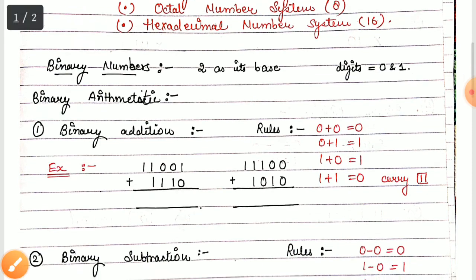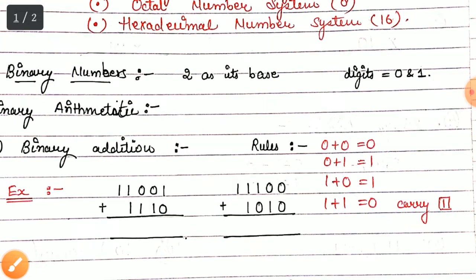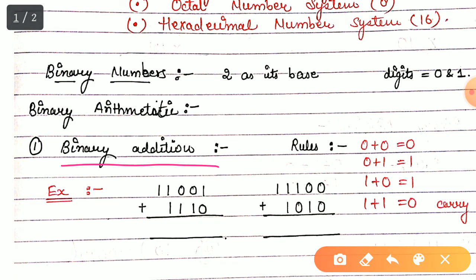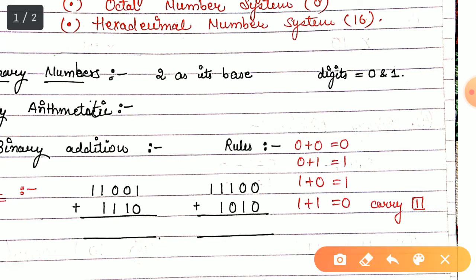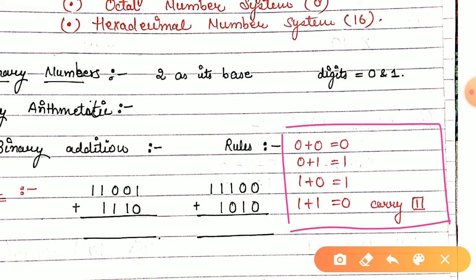So firstly you see over here about binary addition. This one, binary addition, it means only 2 digits we are using, 0 and 1, and we are adding both the numbers with them. Okay, now before just adding, let us see the rules of addition. These are the rules. These rules you can also get in your book. So 0 plus 0 is 0, 0 plus 1 is 1, 1 plus 0 is again 1, and 1 plus 1 is 0 with a carry 1.